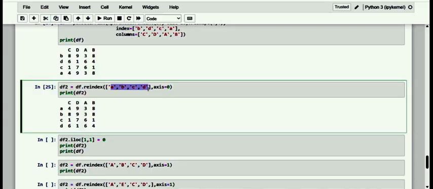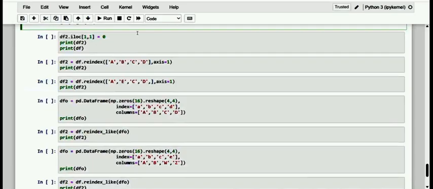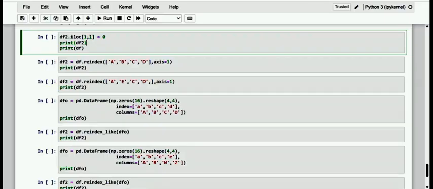Dear friends, the new data frame will be a completely independent copy, and any changes made to it will not affect the original. So kindly have a note of it. If I want the same functionality here, see here, this is the exact 1 comma 1.